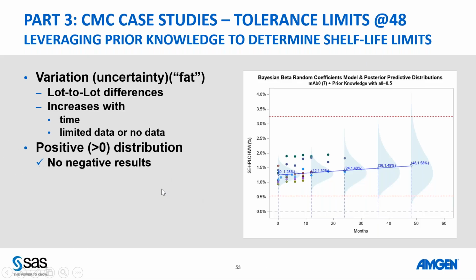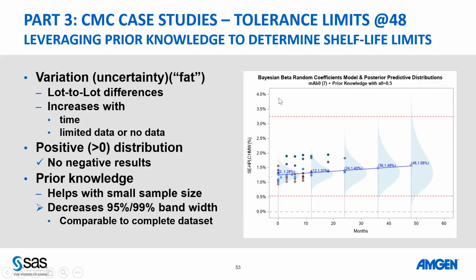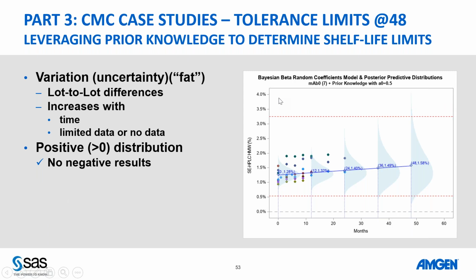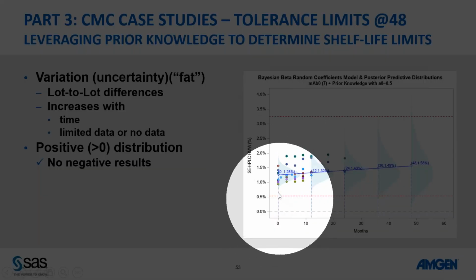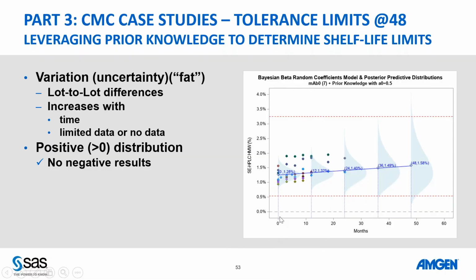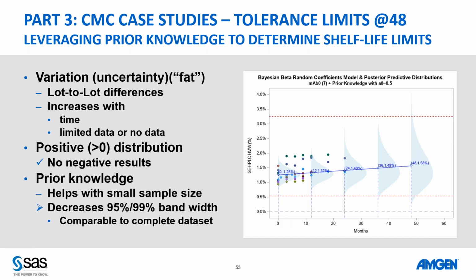And my favorite thing, because it's my pet peeve, we have positive distributions. There are no negative results. When this is done, people use the normal distribution. And what happens is if you're close to this limit of 0, you're going to have negative numbers, which absolutely make no sense because high molecular weight cannot be negative. So what people tend to do is just truncate that to 0.